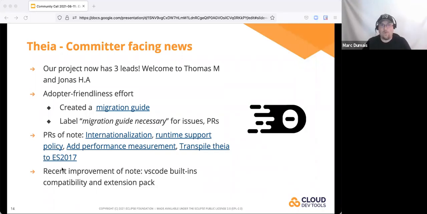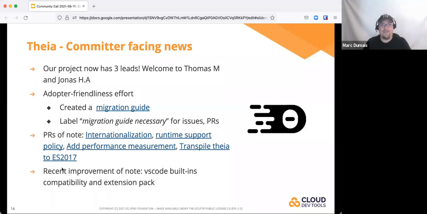Something that has also been wanted for a long time, but no one got around to doing until now, is to have a performance test that can be used to measure the potential impact of things that we add to the framework with regard to performance. So we have a beginning here that attempts to measure the startup performance. There can be other measurements that could be done aside from startup.